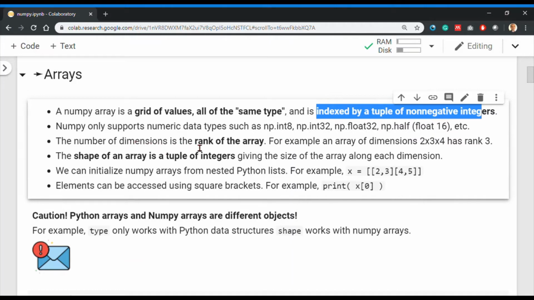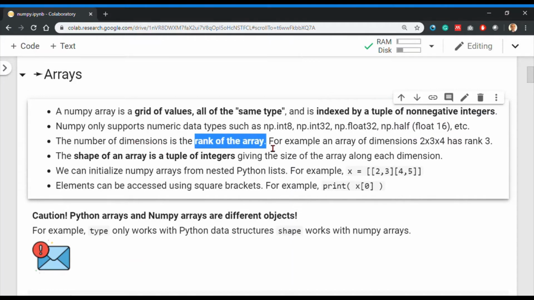The number of dimensions is known as the rank of the array. Unlike in regular programming languages where we have 1 and 2 dimensional arrays only, when working with machine learning development, you will very often have arrays of 4, 5, 6 dimensions as well. So the number of dimensions in the array is known as the rank of the array. For example, if there is an array of size 2, 3, 4 of these dimensions, then this has the rank